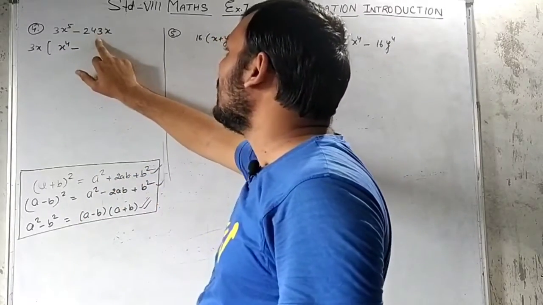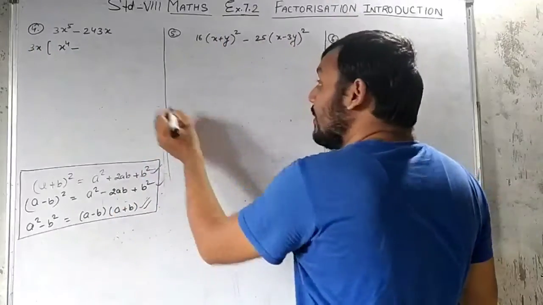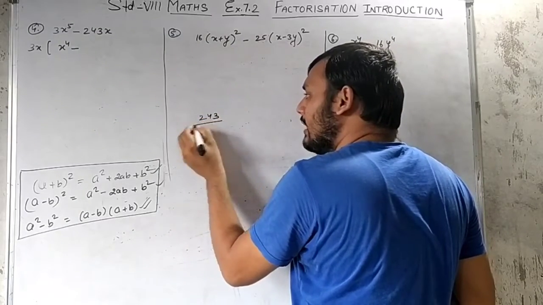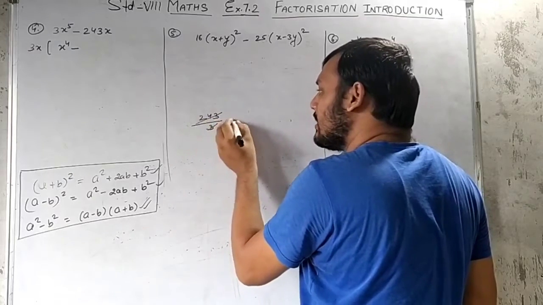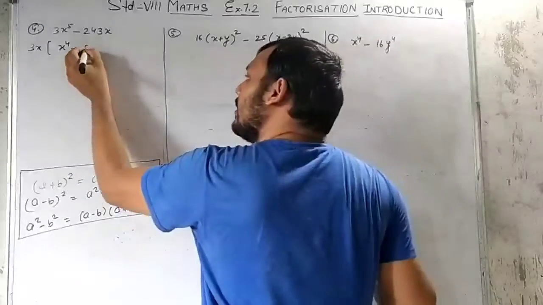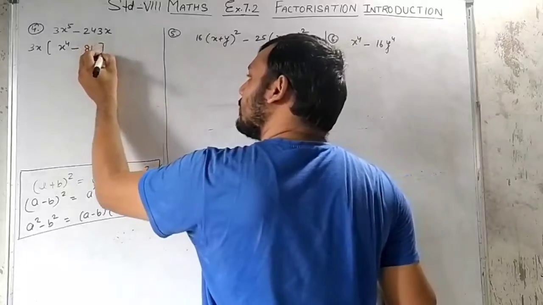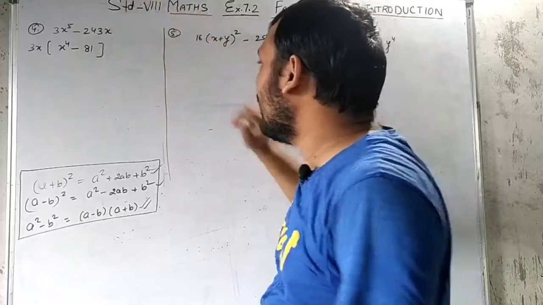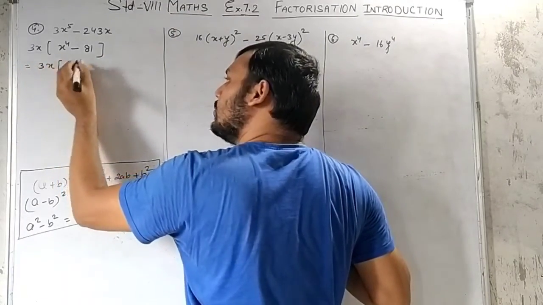From this 243 can we take 3 as common? Yes, obviously we can take. Then how much will remain here? If you are not knowing, you can do it like this: 243 you have to divide by 3. You just see here 3 8s are 24 and 3 1s are 3. It means 81 will remain here, 81, and this x is outside. Now your question is a little bit okay. So again we have to go for the further operation, and what we will do here, 3x into x raised to 4 minus 81.